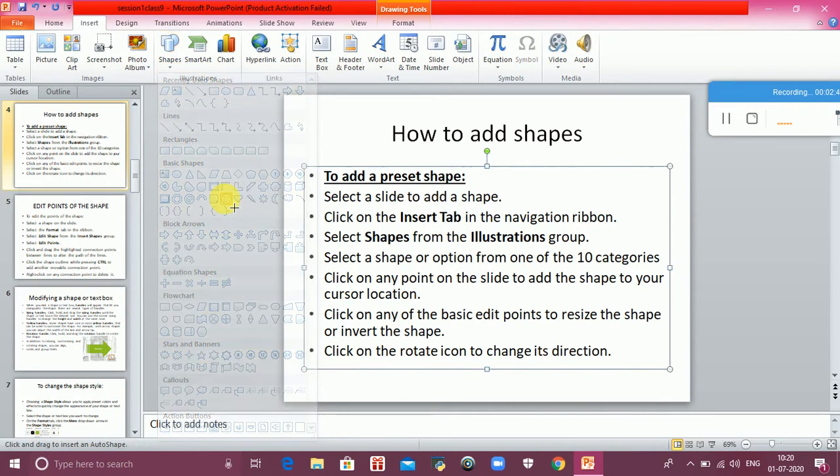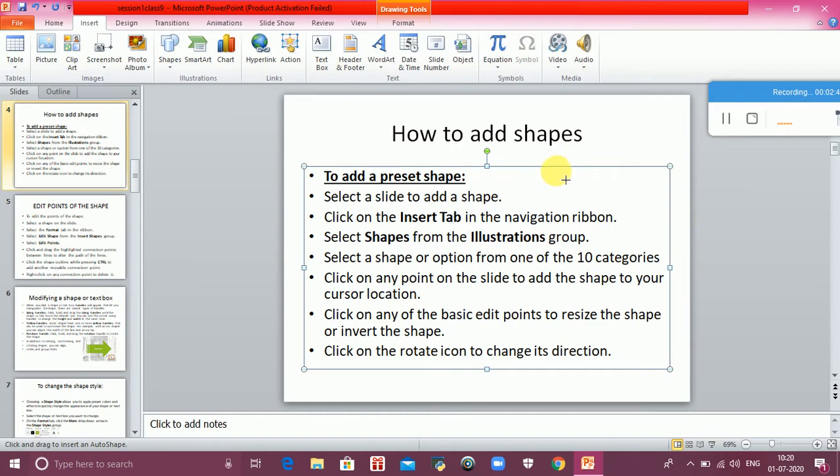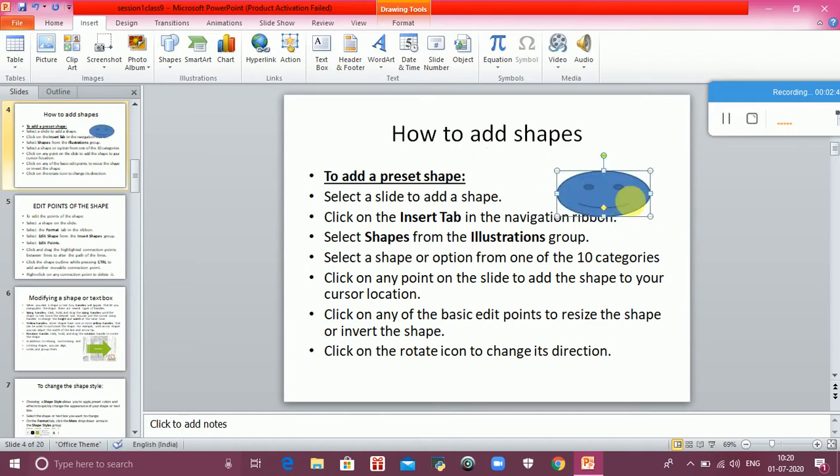Let's select this shape. Okay, now what we have to do, we have to insert it here. So this is the method. We can resize it. For resizing it, you can see the boxes and the circles. These are used to resize them.